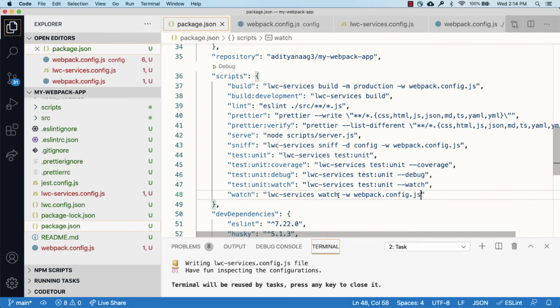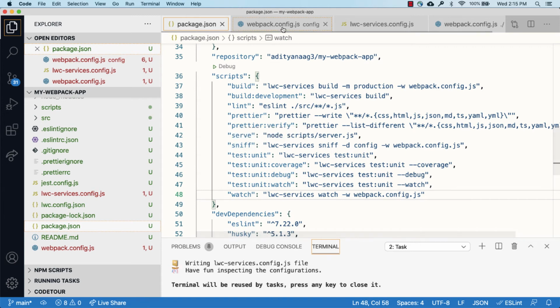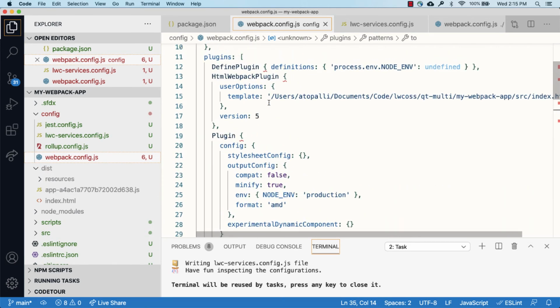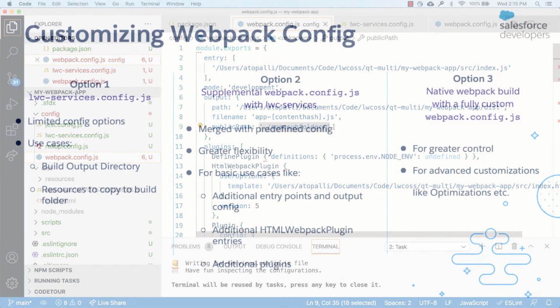What this does is it merges your custom Webpack config file with the predefined Webpack config file. So if you run the sniff command again to see what the final output looks like, you'll notice that everything is the same except for public path. That is because the predefined config file has been merged with the custom config, and in the custom config, the only customization that I've supplied is the public path.